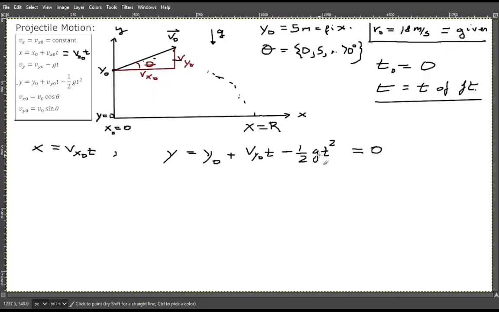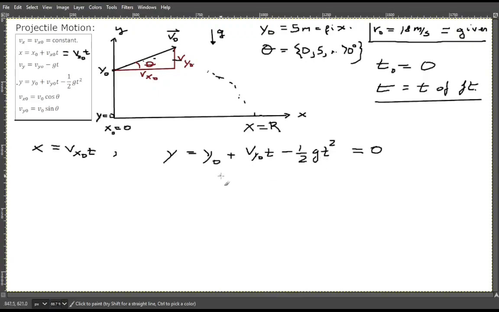So what can I do here to solve this thing? I'm going to do this in steps. I'm going to solve this for the time, and it's a quadratic equation. So what am I going to do here? I think I'm going to multiply this equation through by -2 and see what that does for me, and rearrange